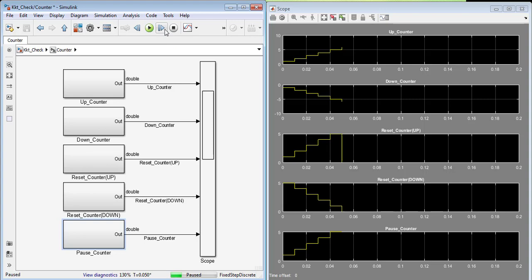So here if we check, again it starts incrementing from 0, it reaches that threshold value, again it will start decreasing, and here it reaches that threshold value, so it will remain as it is.